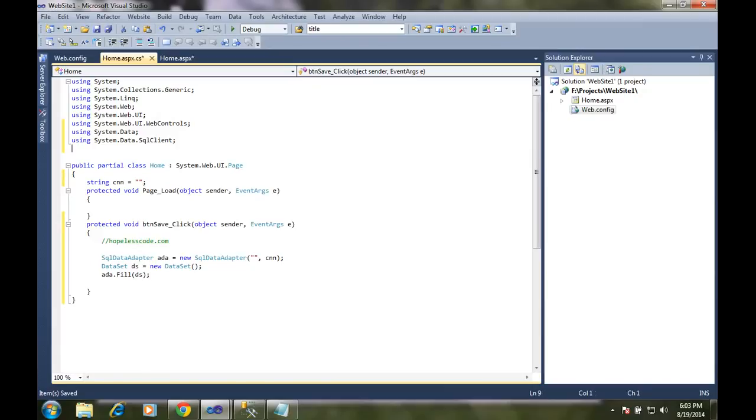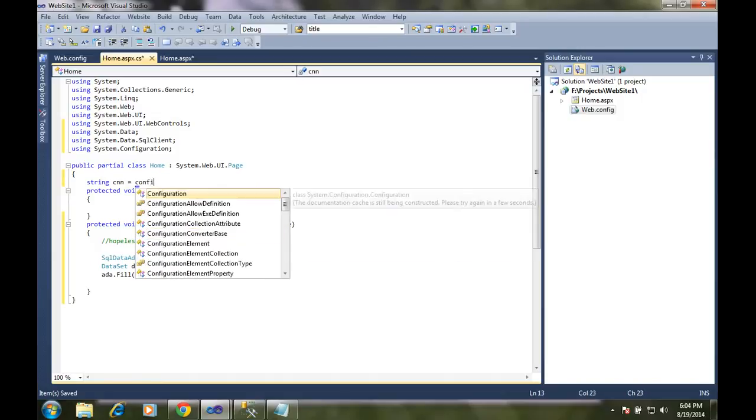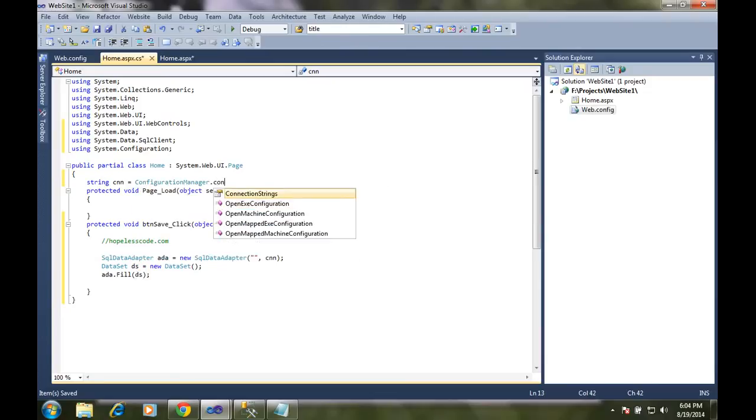And one more thing, you have to add configuration. Configuration Manager dot connection string.